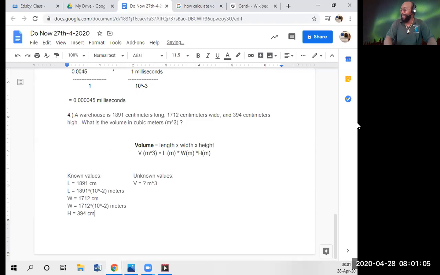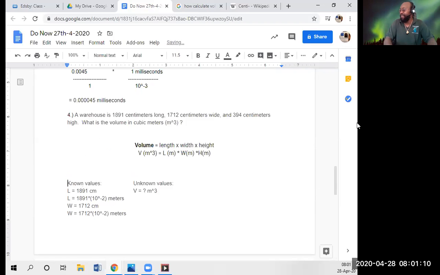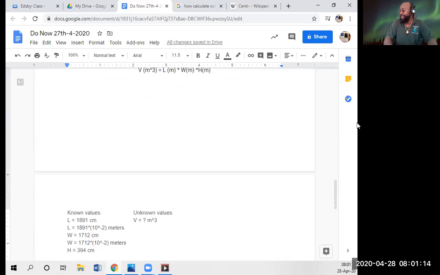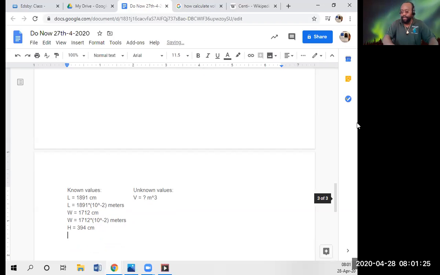All right, so I'm gonna bring this down because my values are going off the screen. So let's see if I can do this like this. Okay, good. And now again, I gotta take this part here because all I'm doing is changing each of our centimeters to pure meters, if you notice, and that's how we get our final answer correctly. So height is equivalent to 394, and again, put this here. Okay. So is there anything else to do?